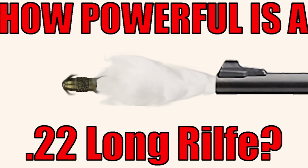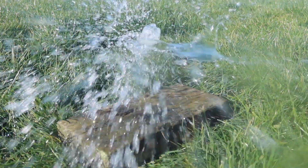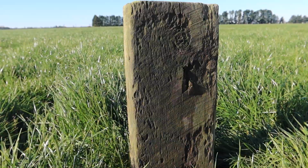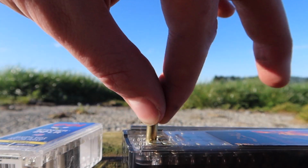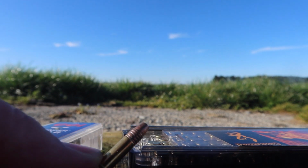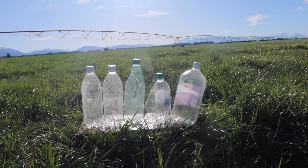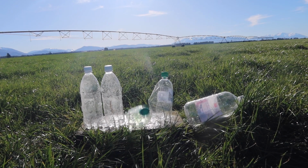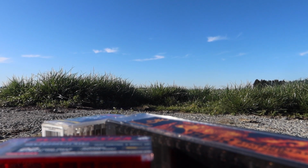Just over a week ago, I made a video on the power of the 22 long rifle. In the video, I did two scientific experiments to see the penetration on a slab of wood and the destruction of a water bottle to try and determine which 22 long rifle round is best for small game hunting. Though I did get valuable information from that test, I did not shoot at the distances I usually shoot hares